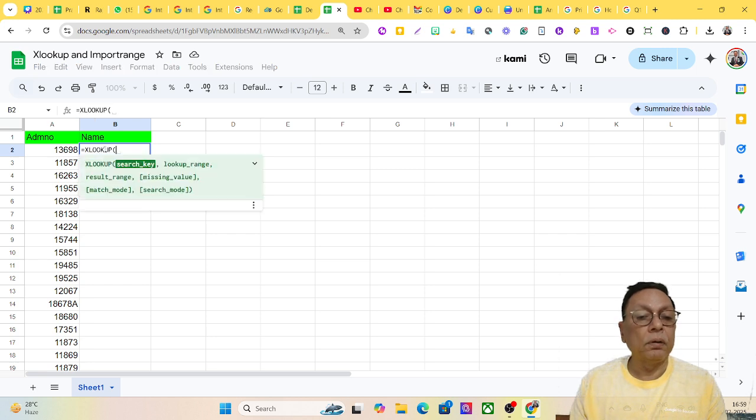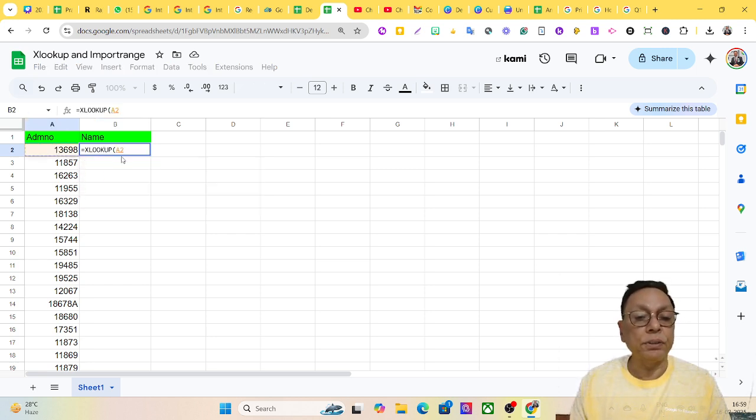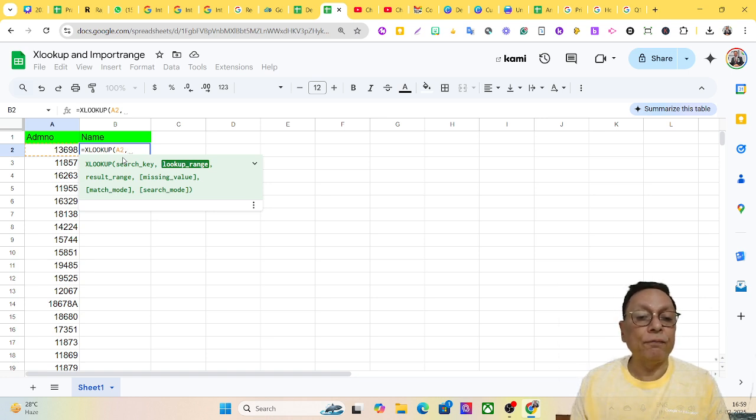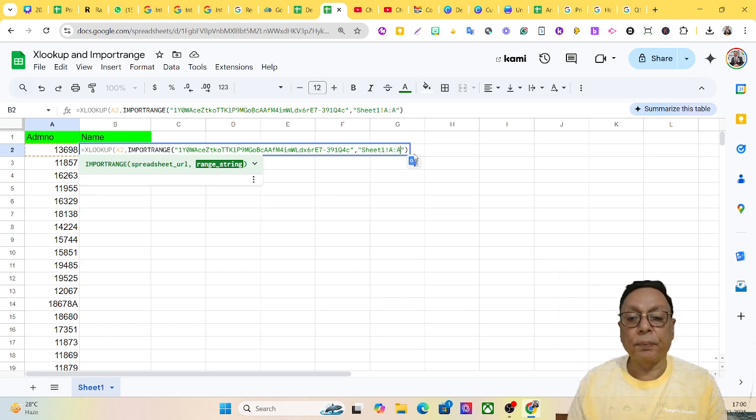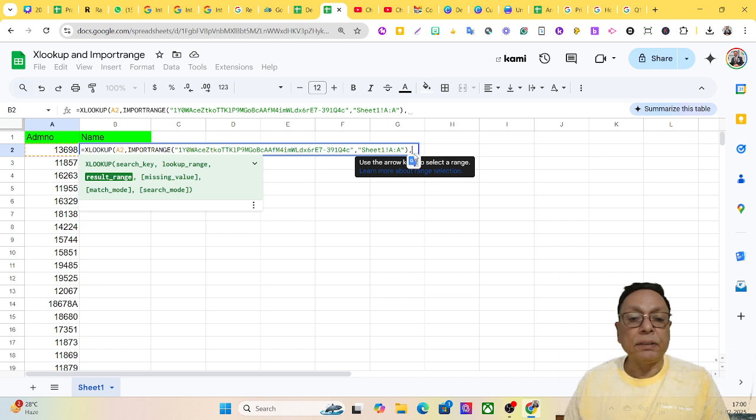In Xlookup, this is what I want to search, and where I want to search it, I'll have to paste that import range here. So A2 to A41, this I'll have to look into the sheet. The sheet identity is this, the sheet ID is this, and I am going to search this in this area, A to A. Then comma, what should be my result area? My result area is the same,